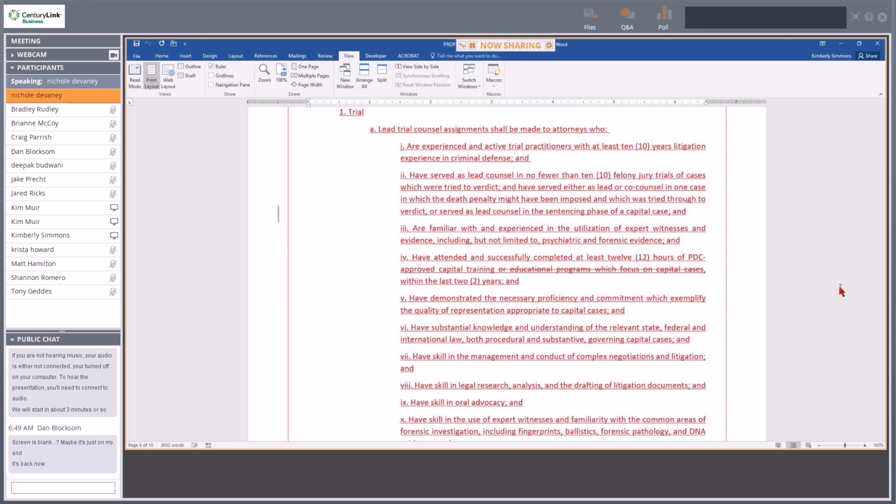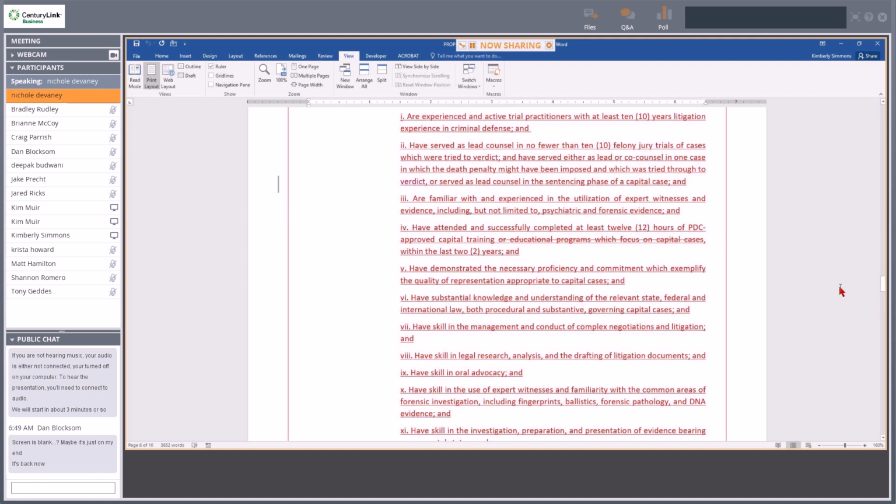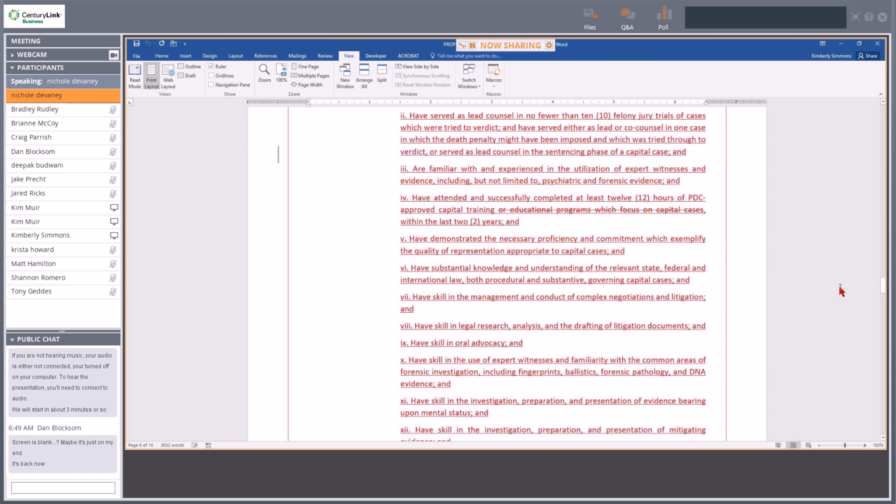have substantial knowledge and understanding of relevant state, federal, and international law, both procedural and substantive, governing capital cases, have skill in the management and conduct of complex negotiations and litigation, have skill in legal research, analysis, and the drafting of litigation documents, have skill in oral advocacy, have skill in the use of expert witnesses and familiarity with the common areas of forensic investigation, including fingerprints, ballistics, forensic pathology, and DNA evidence,